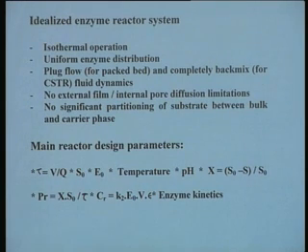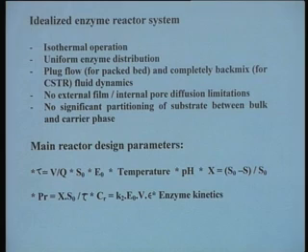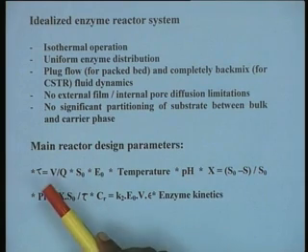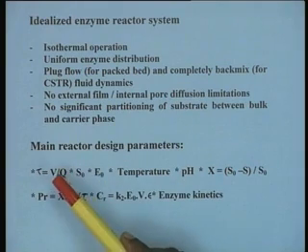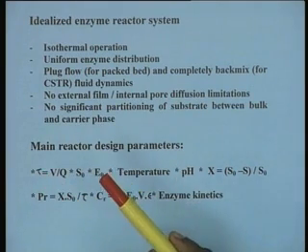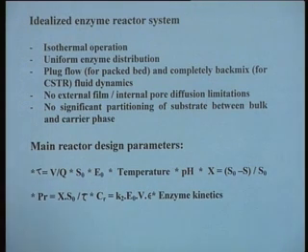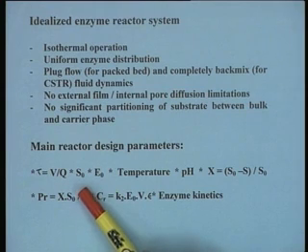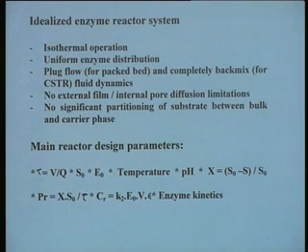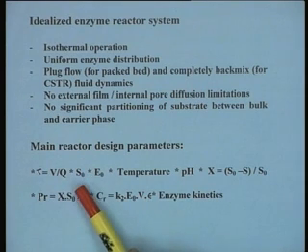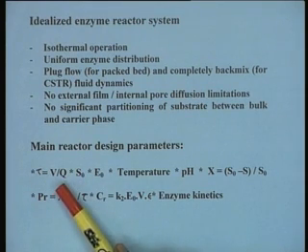Now if the system follows such assumptions, we can evaluate or conduct reactor performance solely on the basis of the biochemical reaction, the reaction kinetics, and to do so the major reactor design parameters which have to be considered are listed here. The first one is tau, which is the reactor space time, V upon Q, where V is the reactor volume and Q is the flow rate in the case of a continuous reactor of course, and this tau in the case of a batch reactor is the batch reaction time. Then you have the initial substrate concentration, another parameter which we have to define. In any problem of an immobilized enzyme or soluble enzyme reactor, we must define S0, and the batch time or the reactor space time in a continuous reactor.